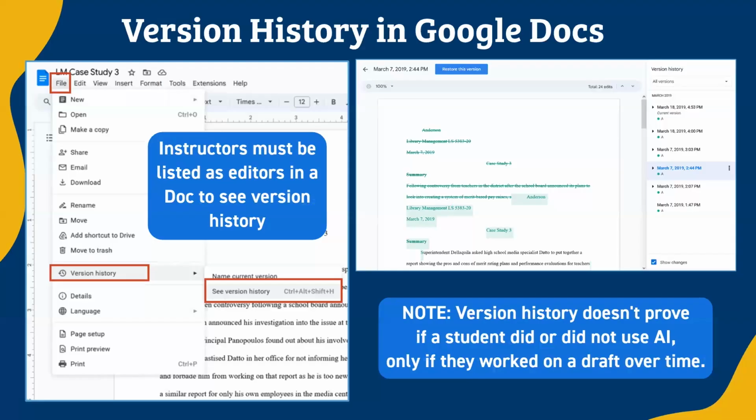Here is a real quick rundown on version history. It is something that you have to establish with your students as a classroom norm up front, but if they list you as an editor in their Google Doc, you are able to go into version history and track all of the changes very easily. This will not tell you if a student used AI at all, but it will let you know, hey, this